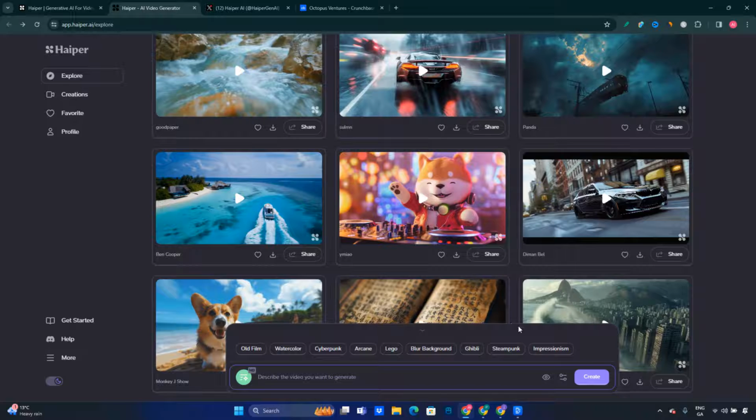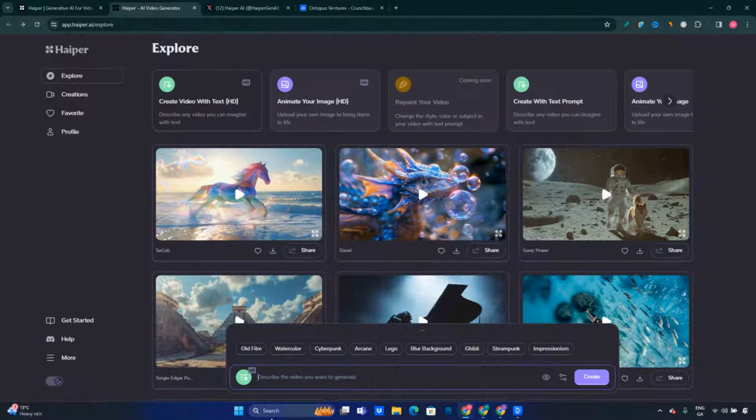Okay, so now, for example, let's go and create video with text. Okay, so let's do some sort of short video. So we can describe the video you want to generate. For example, we want to create a picture of a running dog, and we want it in the format of old film. So the prompt was pre-populated for us automatically once we clicked that old film feature here. Okay, and now let's go and